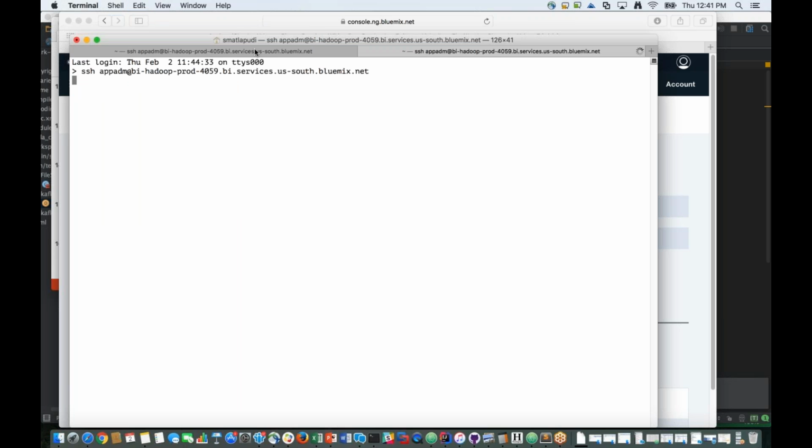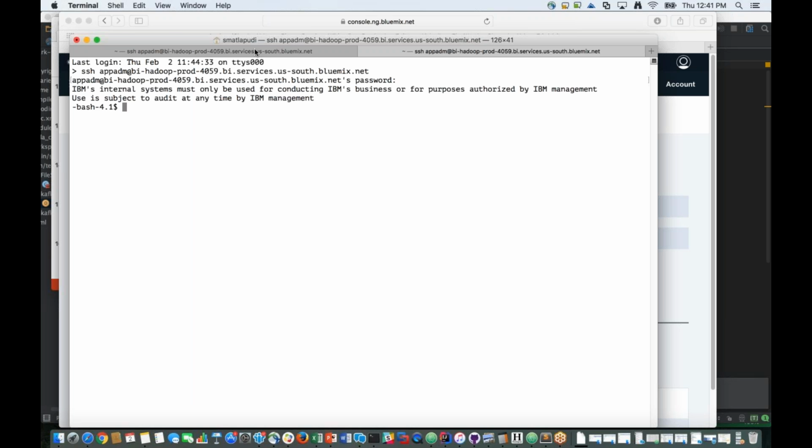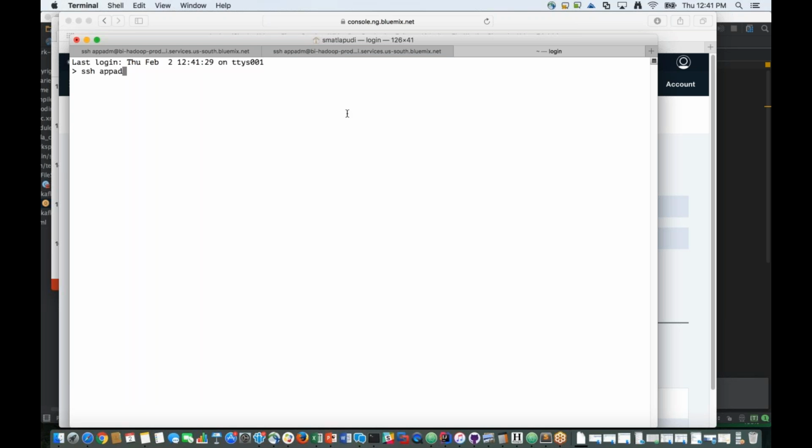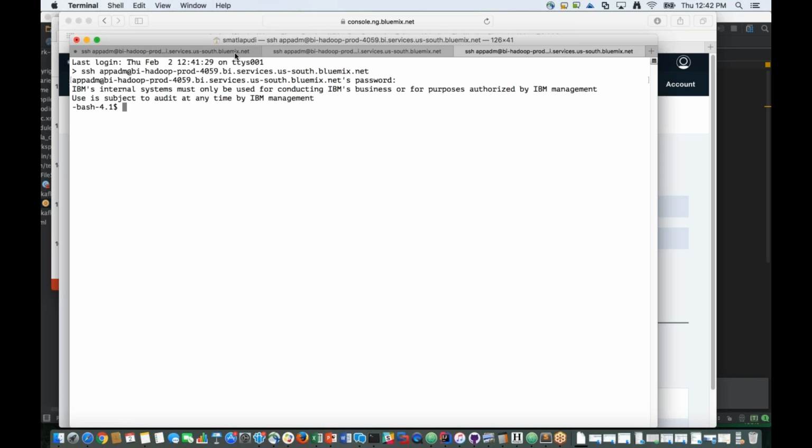I'm just logging into my entry node so that I can use a Spark shell to run my streaming application. I'm trying to create three windows here. All right, fantastic. What I have done earlier is I downloaded a small